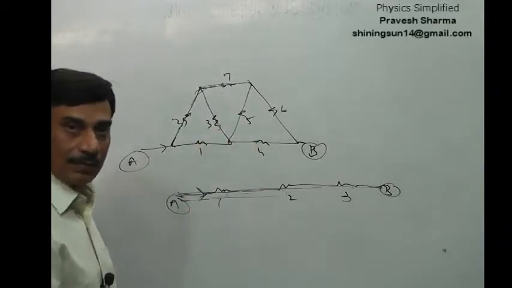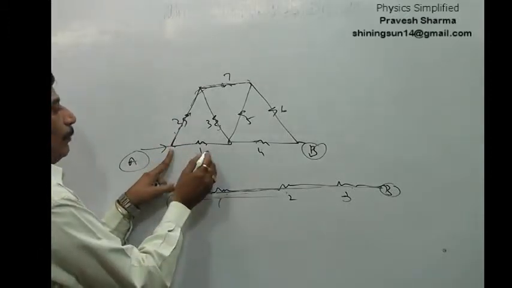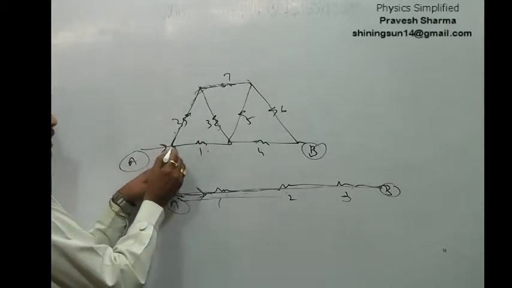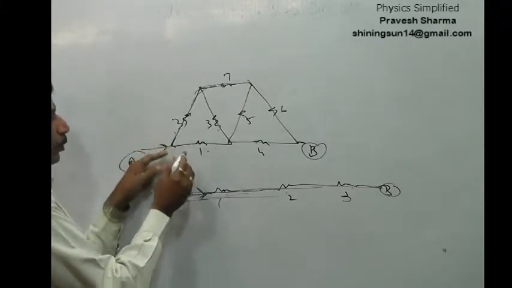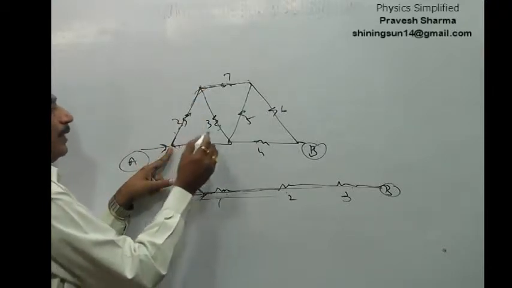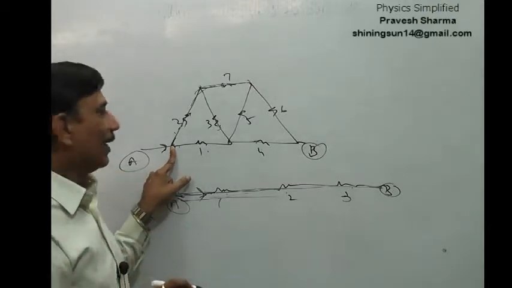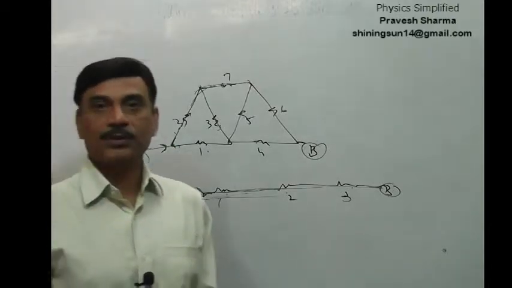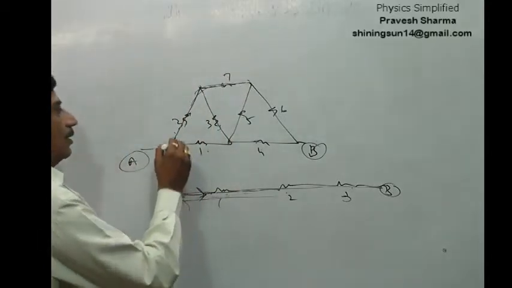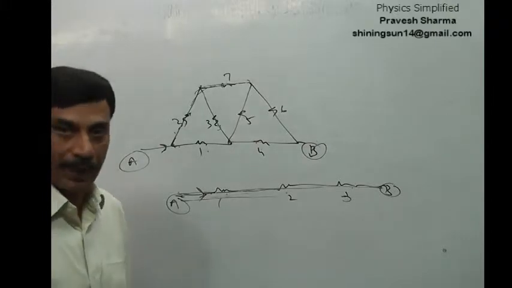Are they in parallel? Let's see whether some resistors are in parallel or not. If I take 2 and 1, are they parallel? No, they are not parallel, because the path splits over here. It takes you to this point, whereas this resistor 1 takes you to this point. For a parallel combination, it is important that both the paths take you to the same point. This is taking you here, this is taking you here, so that's why they are not parallel.